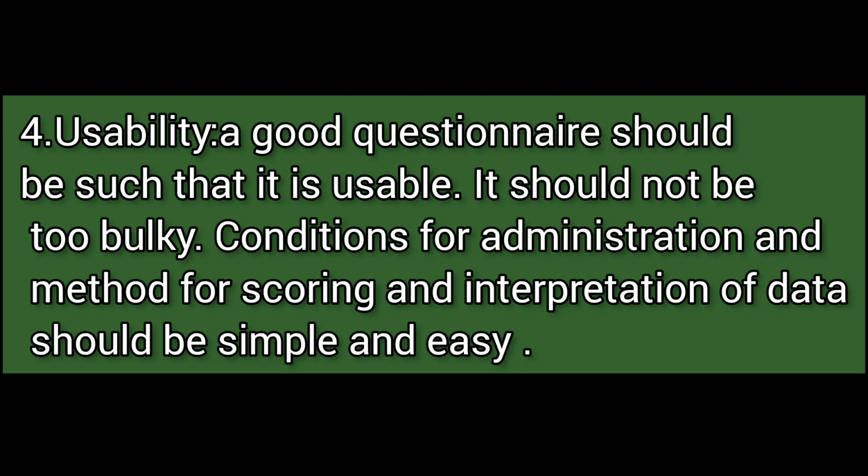Conditions for administration and method for scoring and interpretation of data should be simple and easy.